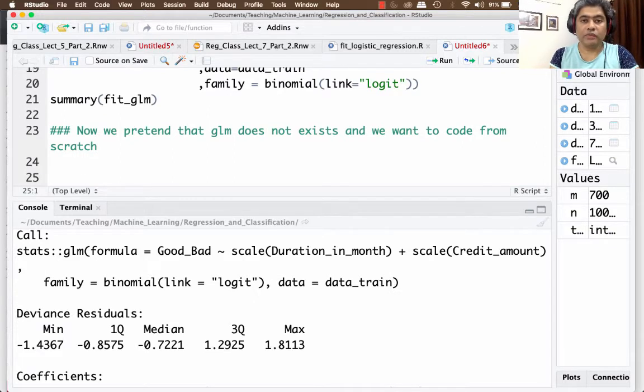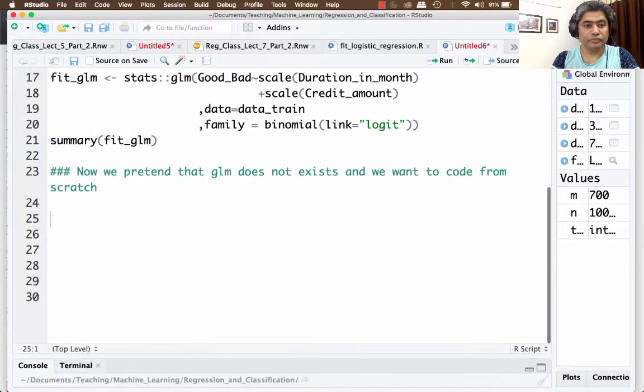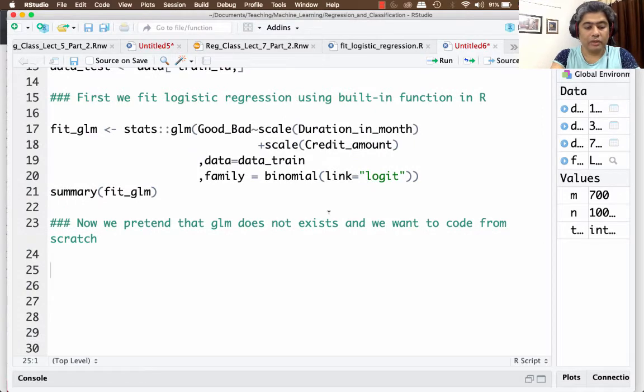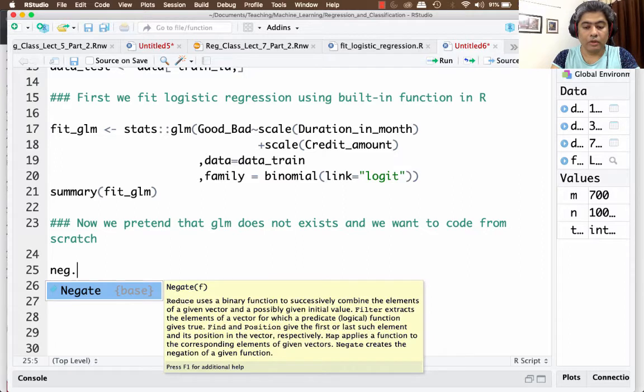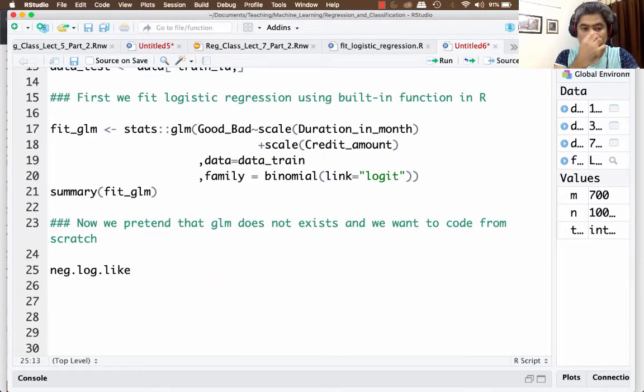Okay, so first thing we will do is write the negative log likelihood function for logistic regression. So for that what we need is this negative log likelihood. We will write negative log like as the function,